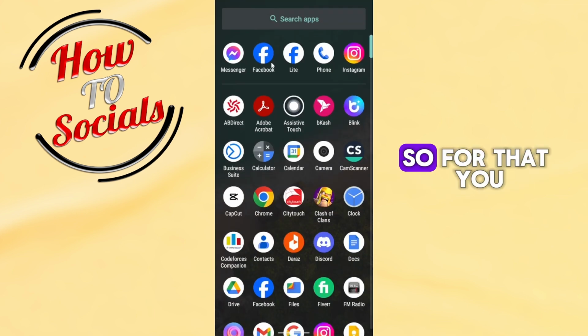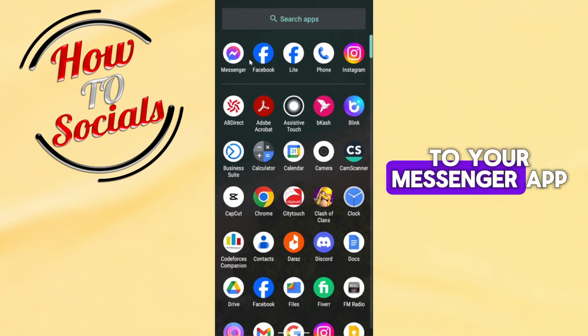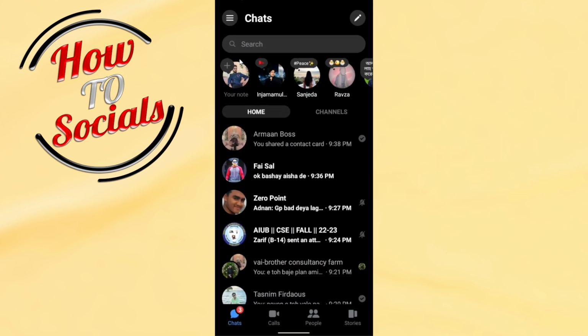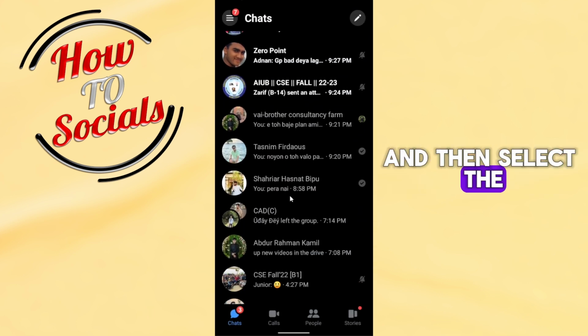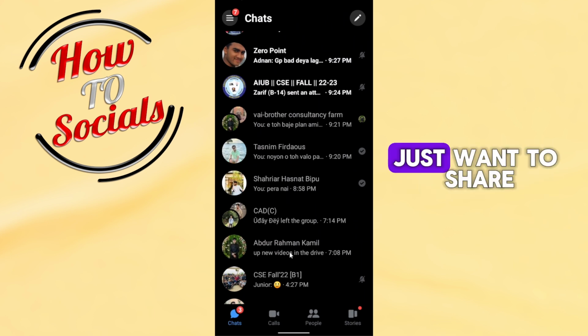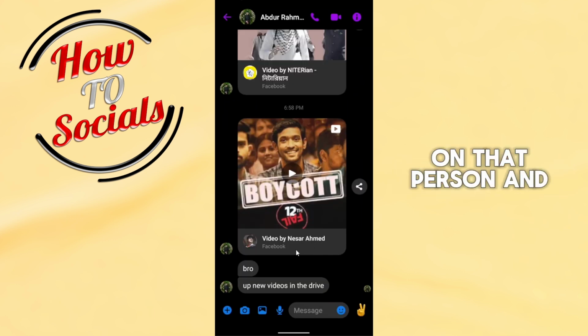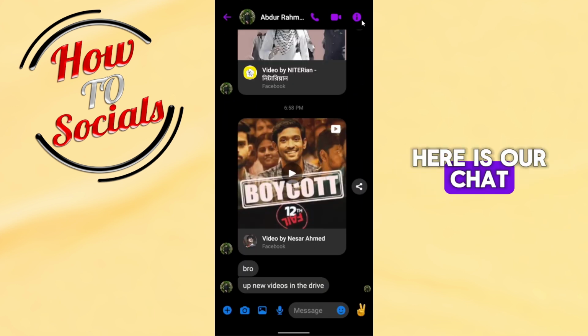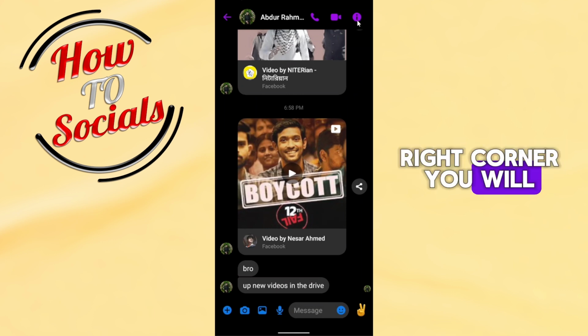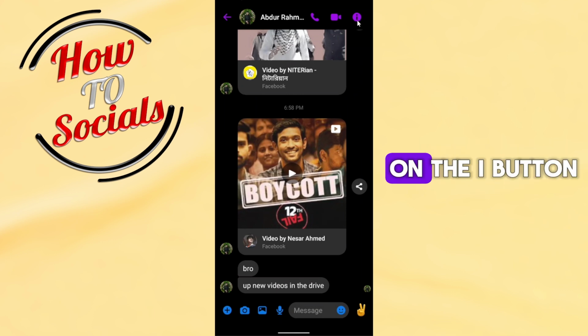Alright, so for that you just need to go to your Messenger app and then select the person you want to share. Like I want to share this person's profile, so I will tap on that person, and here is our chat. On the top right corner you will see the I button. Just tap on the I button